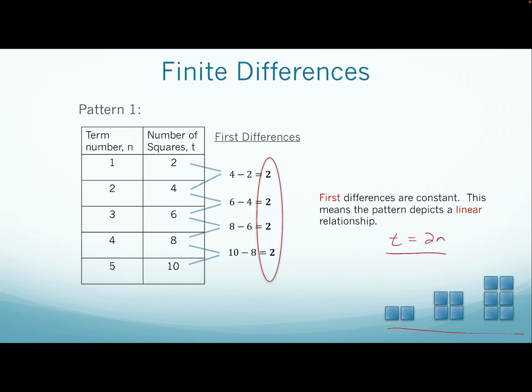That would be a good equation. So for the first term, there's 2 squares. For the second term, 4 squares. Third, there would be 6. Okay, now